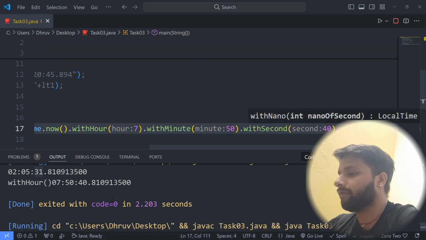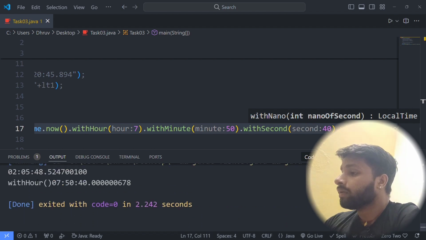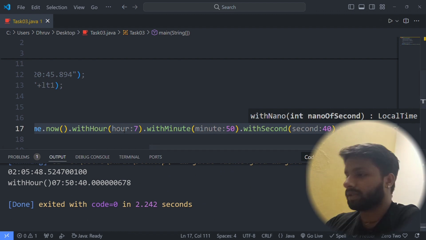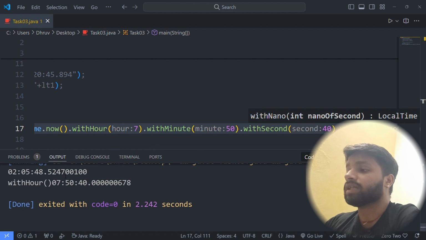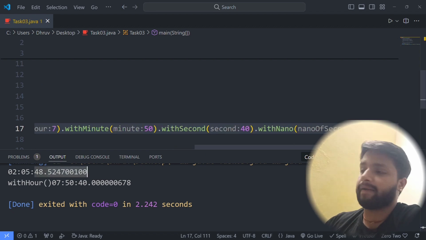Now the time is totally changed: 2 is replaced with 7, 5 with 50, 31 with 40, and the nanosecond is replaced with 6, 7, 8.